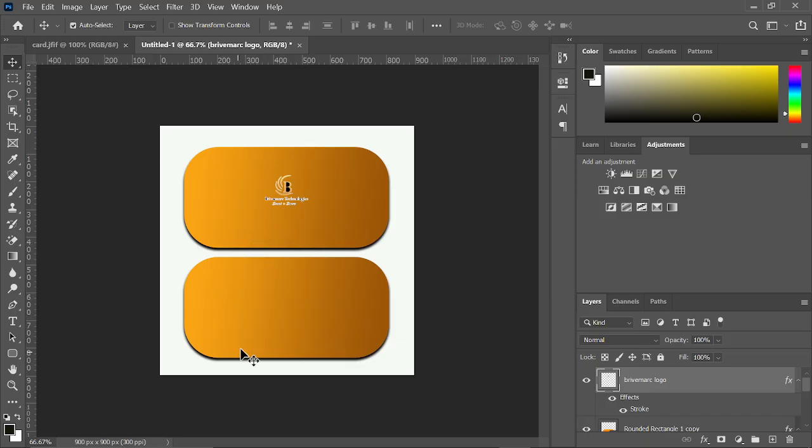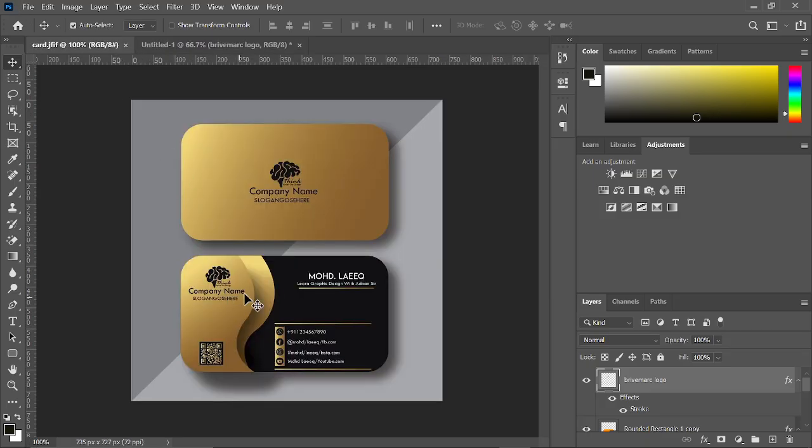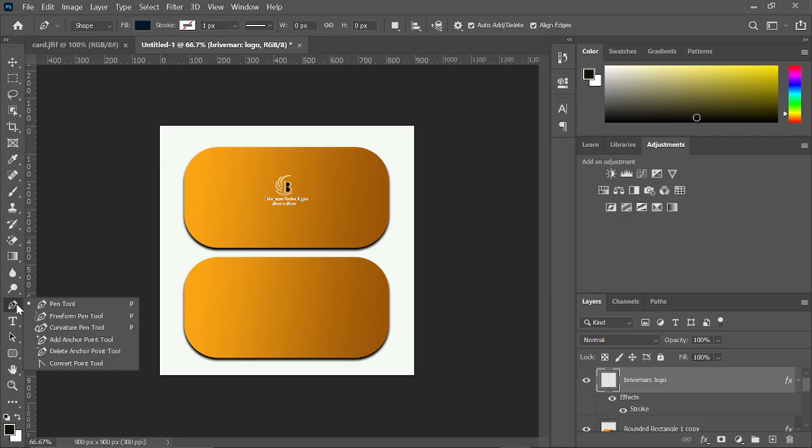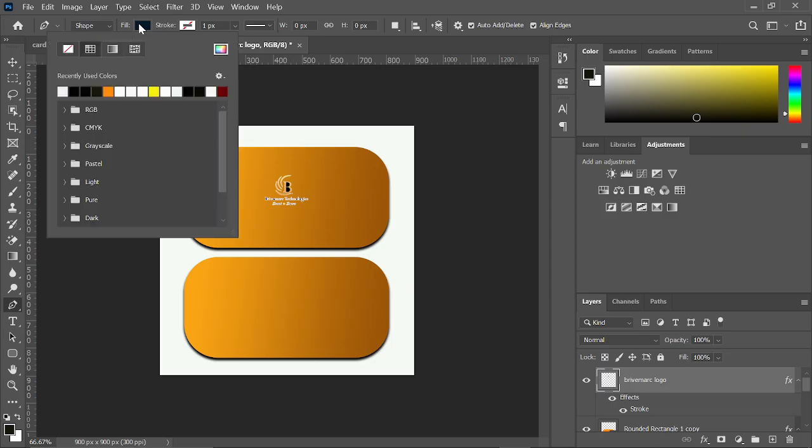And on the next one we have to draw these shapes, this one and this one. So we'll make sure this side is black. So I have to draw a shape. To draw a shape you have to use this pen tool. So you right click there, use pen tool, make sure here it is shape, and then you select the color that you want to fill with. For example, I might want to fill with